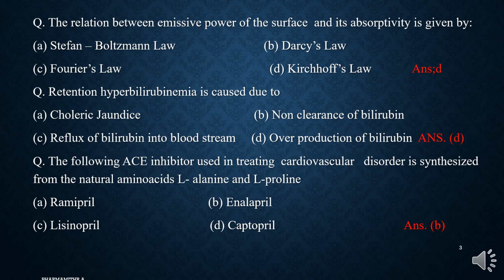Note that. Next question, the following ACE inhibitor used in treating cardiovascular disorder is synthesized from the natural amino acid L-alanine and L-proline. For this, we want to know the medicinal chemistry. That is, what is the precursor of the cardiovascular drugs? Among the ACE inhibitors given in our option, the enalapril is obtained from the natural amino acid L-alanine and L-proline, whereas